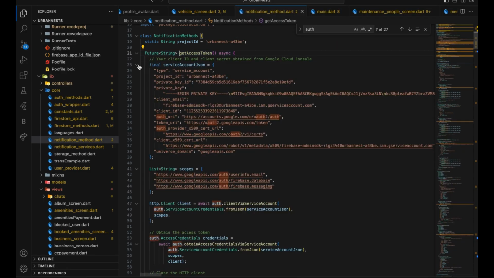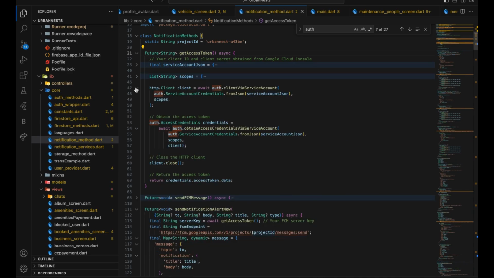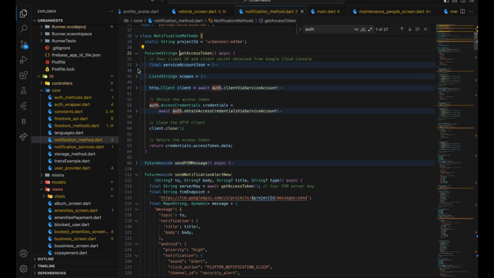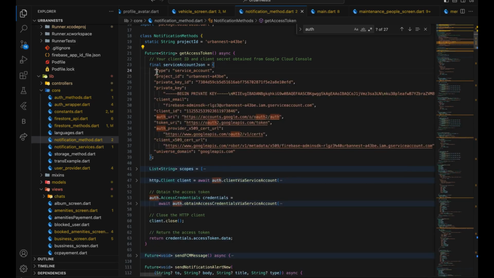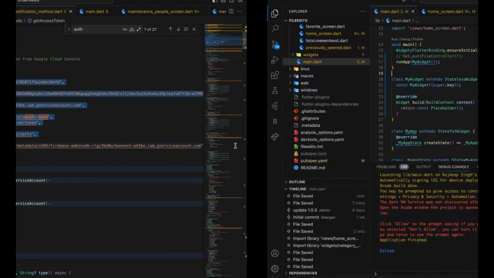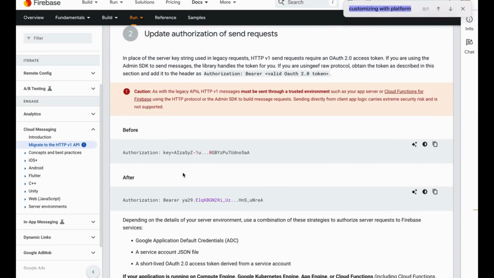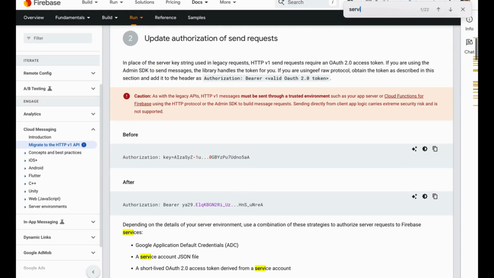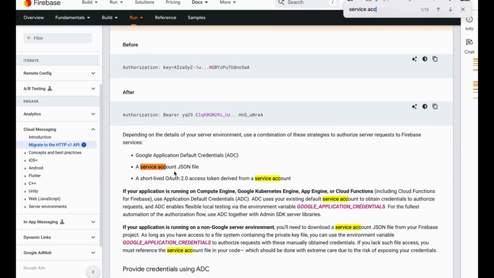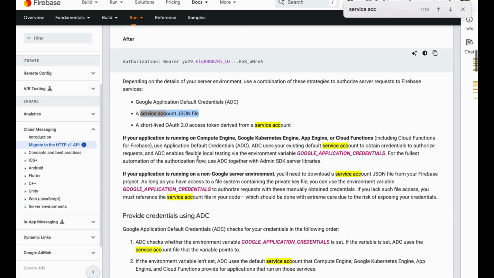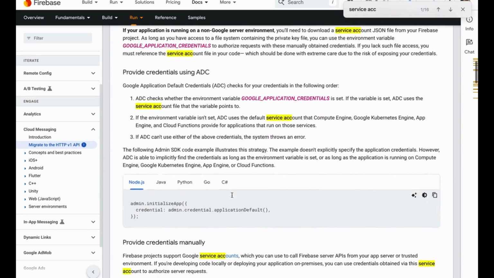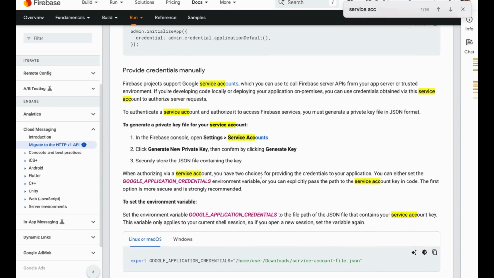So you will see the big one, service account JSON and scope. I will just close everything. First, it requires a service account JSON. This is the JSON you will get from the service account. So you can find your service account JSON file here. So you have to first download the service account JSON file, and once you have the account key,